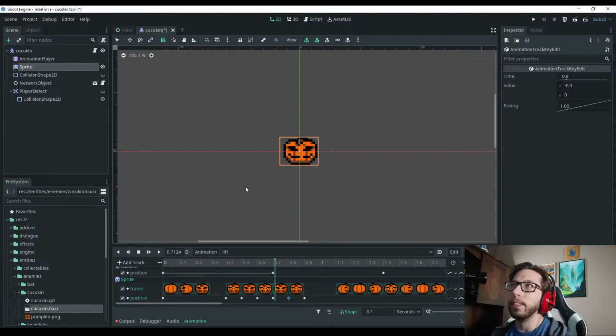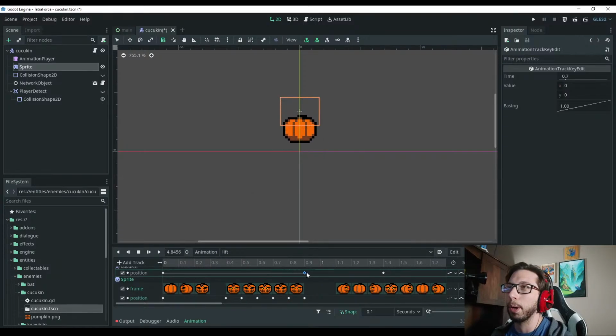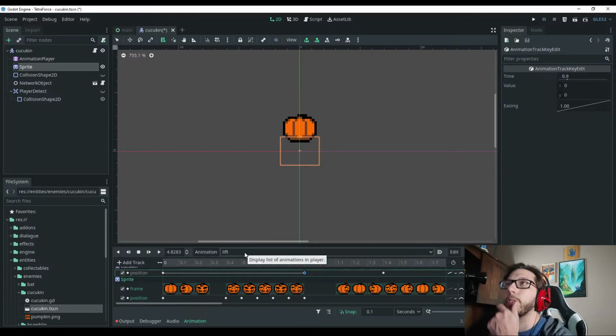So, all right, I think this is a problem right here. There. Yeah, there you go. Because he started lifting before he was done shaking, so it looked kind of weird. There we go. Now he looks alive. Do you think it needs to wait a little bit longer? I think it looks...